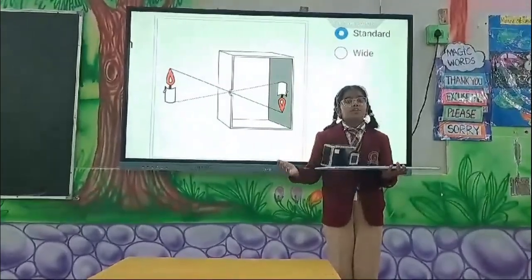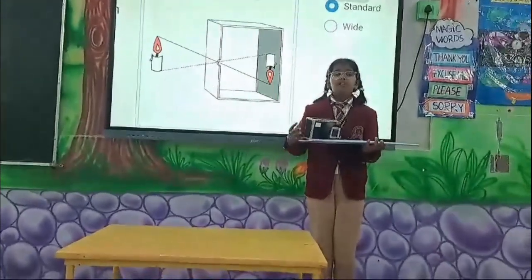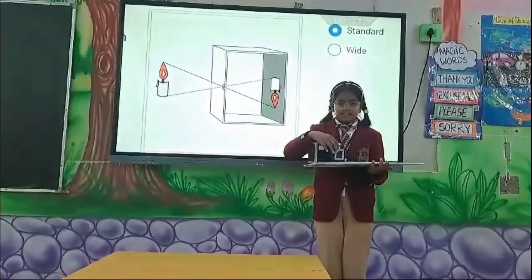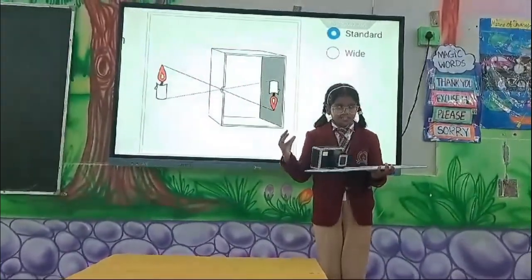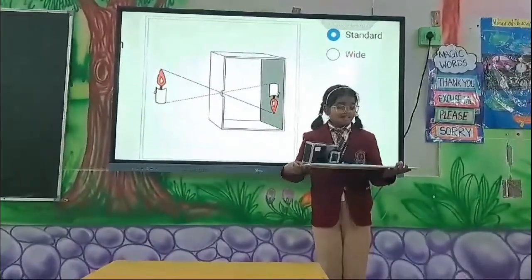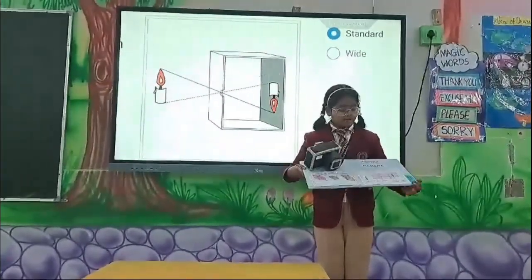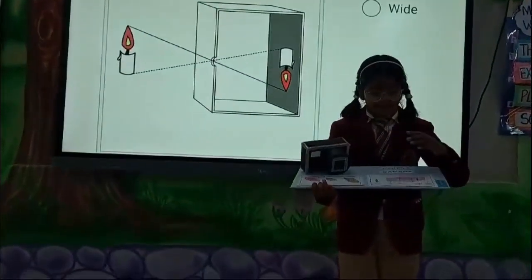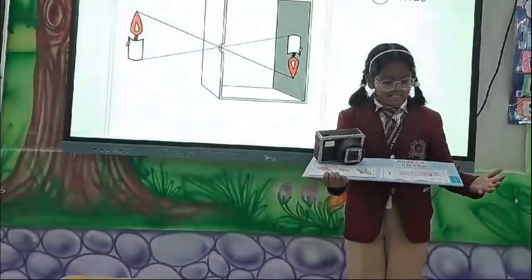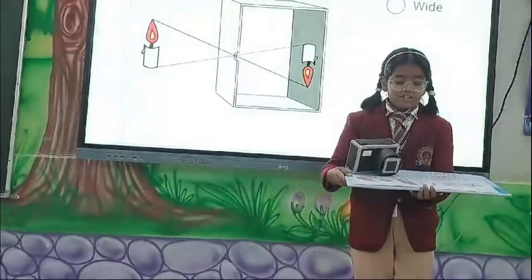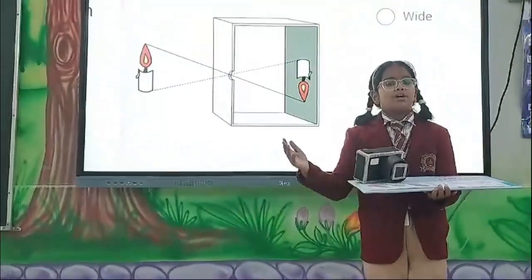Second, what does a pinhole camera consist of? A pinhole camera consists of a light-proof box with a hole on one side of it and a screen of tracing paper on the other side. Last, a lighted candle is placed in front of the hole and an inverted image of the candle can be seen on the screen. This image is inverted as the pinhole camera relies on the fact